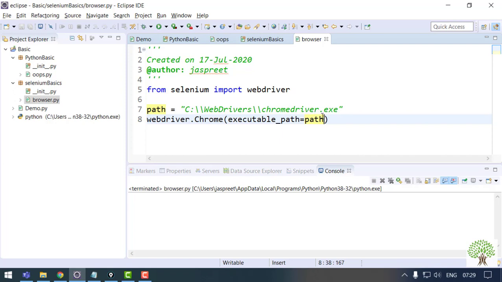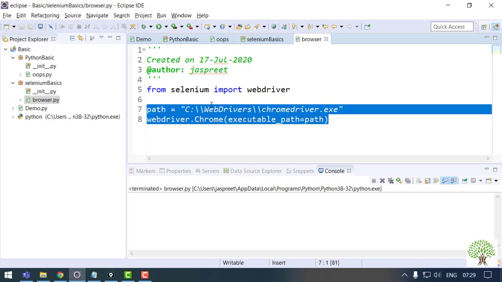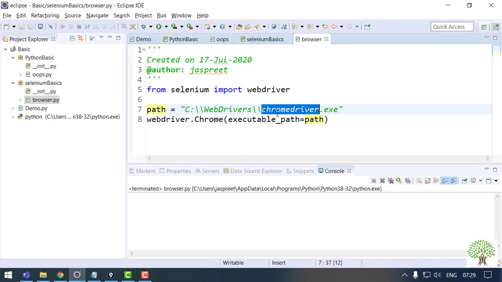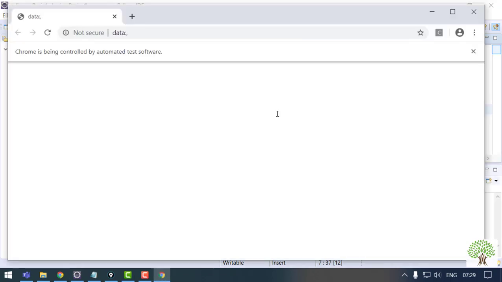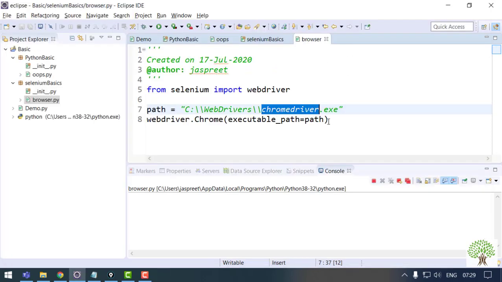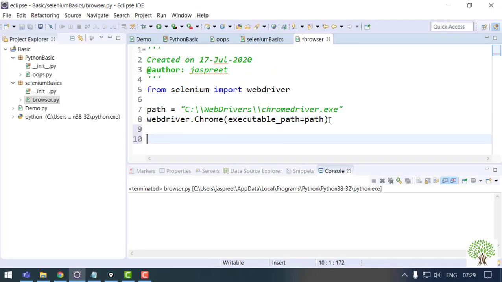If you do it this way, your Chrome browser will open fine. This will work for me as well, there is no issue. You can see. The same way I can do it for the rest of the browsers as well.